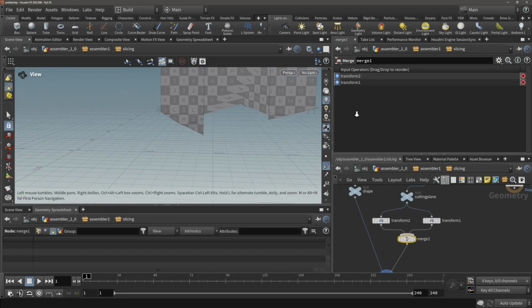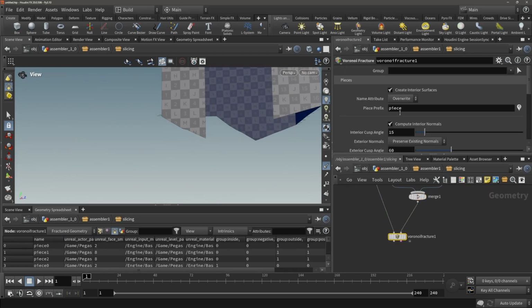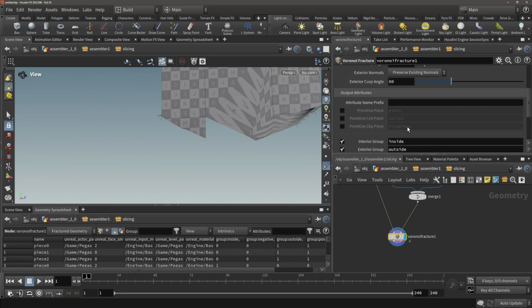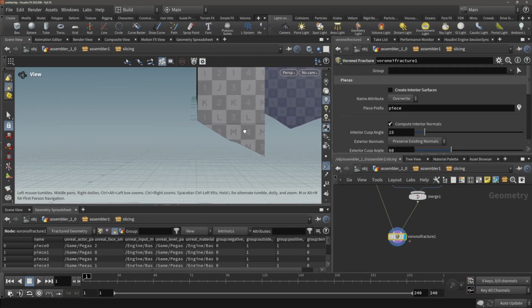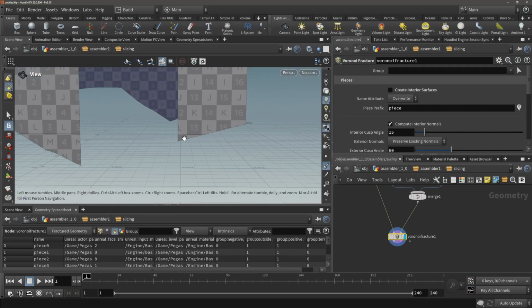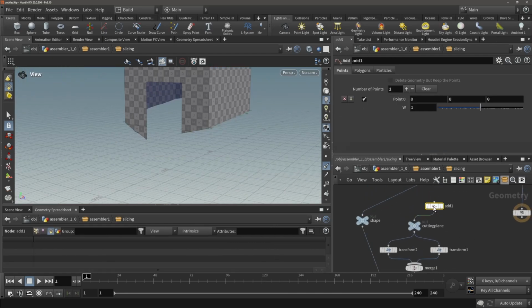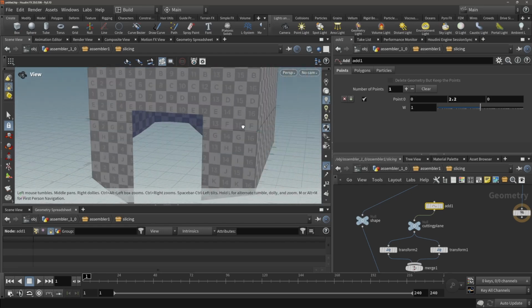How high are we up? Let's see, I think we're kind of in the right spot. Yeah, that's correct. We need to set some settings for this Voronoi fracture node. We don't need those internal surfaces. And you can see this is the height of our input point. That's where the cut gets created. So if we now move this point up a little bit, you can see we are generating a cut in